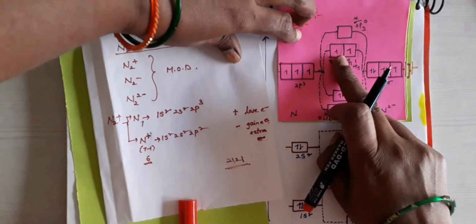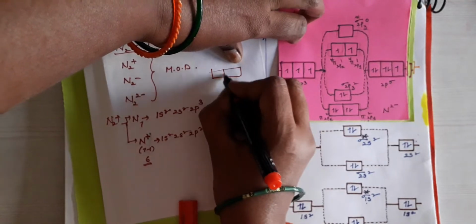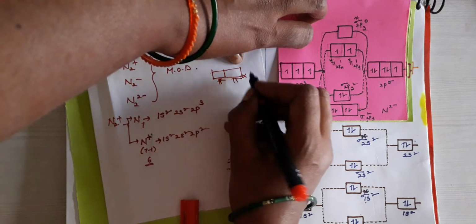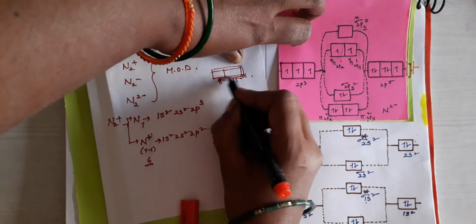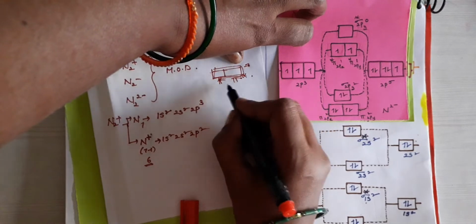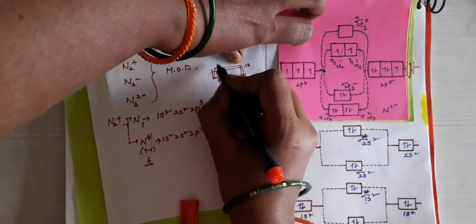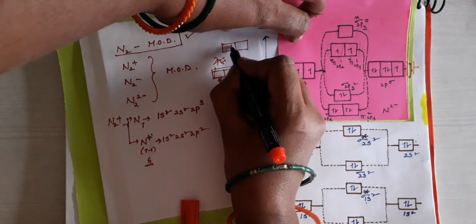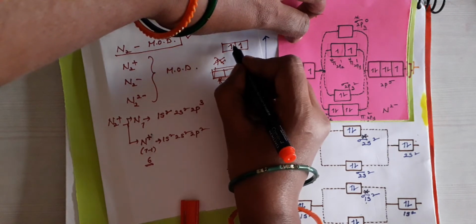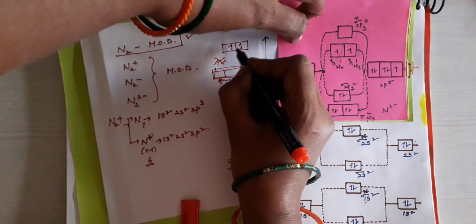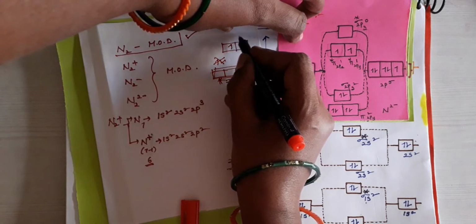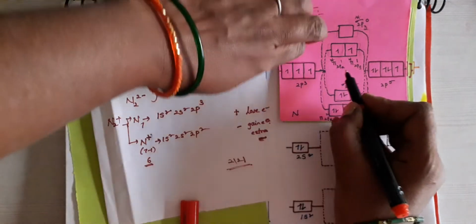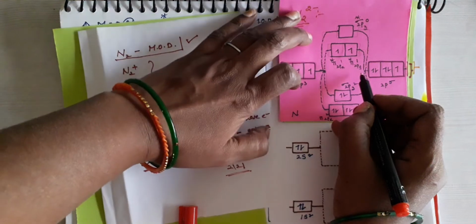Never write it like this. If you take it like this, these are the pi orbitals, right? These are the anti-bonding orbitals and bonding orbitals, and these two have an equal amount of energy. So never fill it like this, it is wrong. You must fill one electron each first, and only if any extra electrons are present may they be filled in again. Due to that reason, here I wrote pi star 2px1, pi star 2py1.